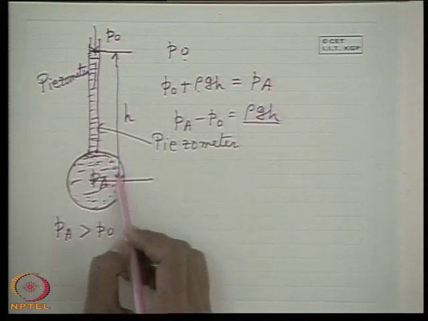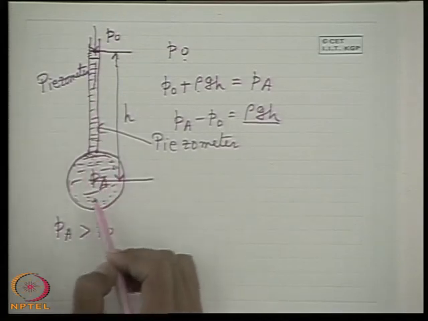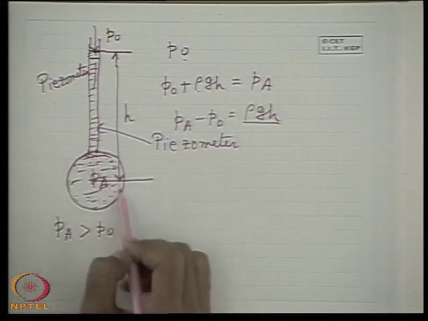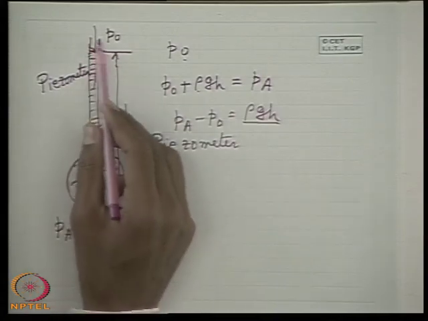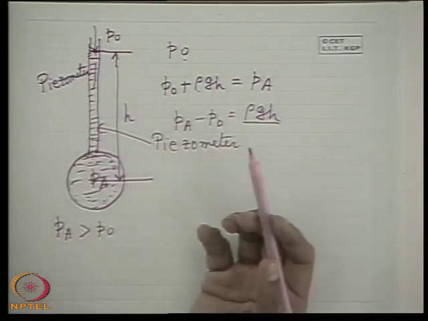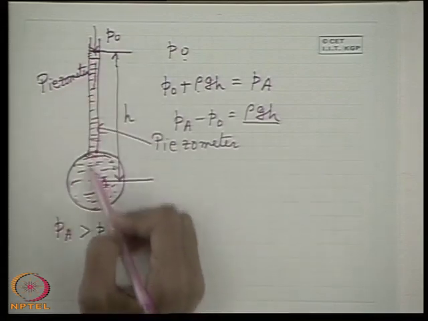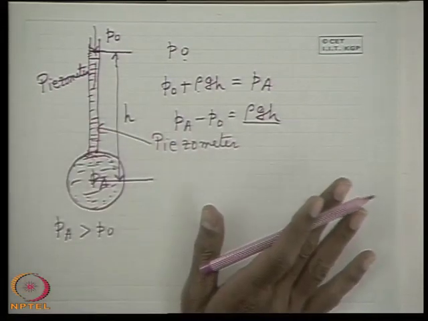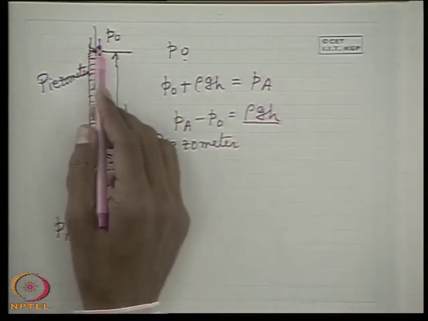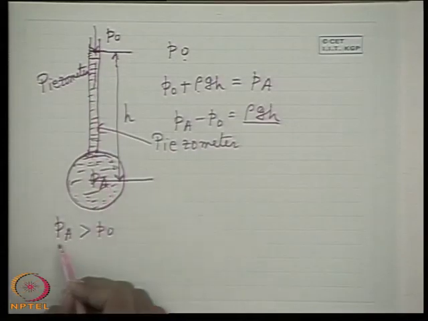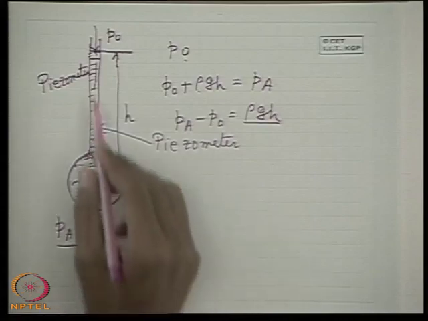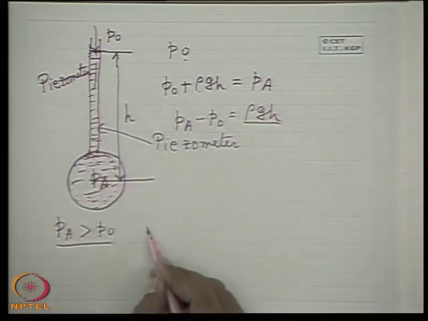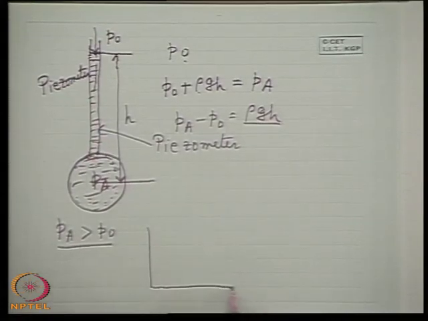About the density of this liquid we have no control, it is fixed. Moreover, if the pressure is below atmospheric pressure, we cannot attach a tube like that. In that case, air will rush in, creating air bubbles, and the entire situation will be different. So this is a simple case where PA is slightly more than P0. Probably this principle is applied to measure the local atmospheric pressure,